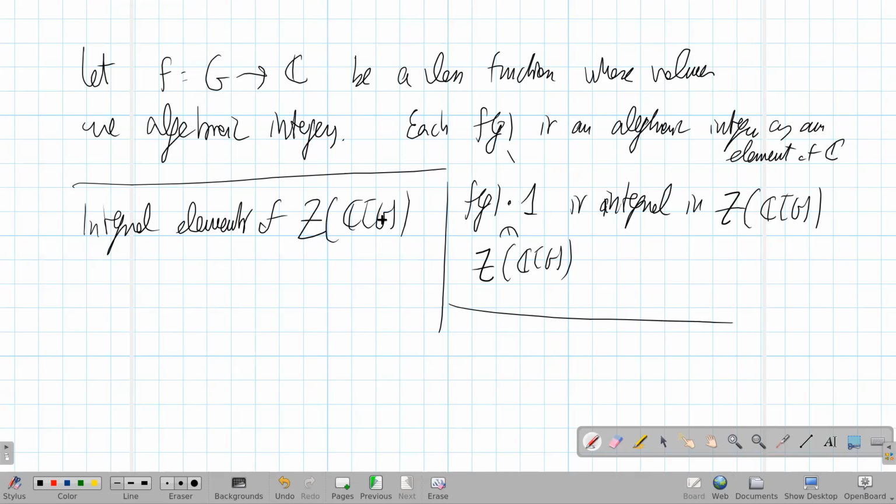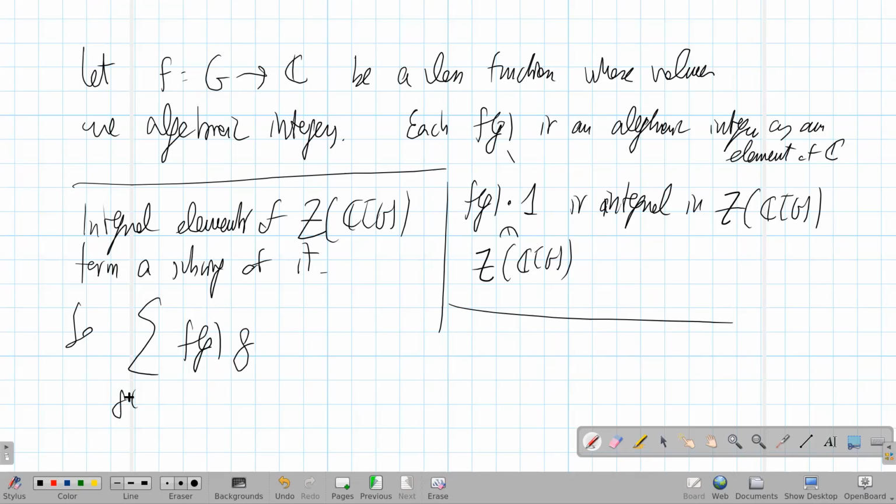We have proved before that they form a subring, and so this means that you can take sums or products. So the sum of fg, say g in G, is integral